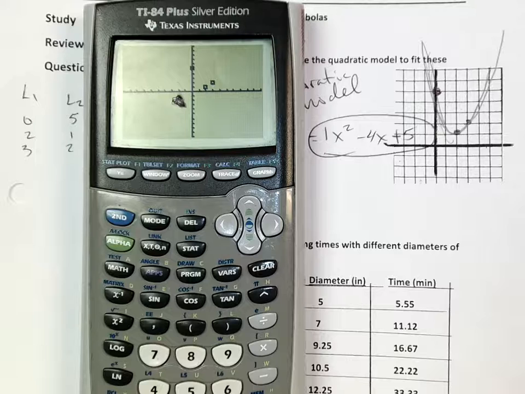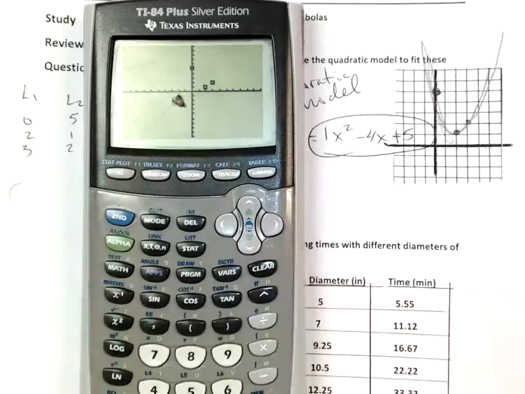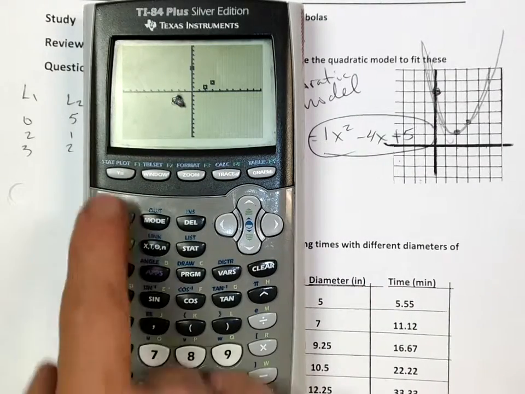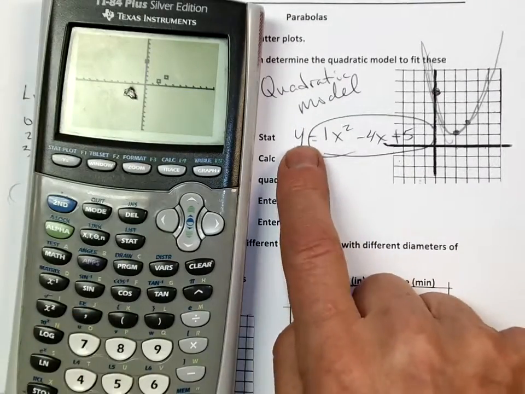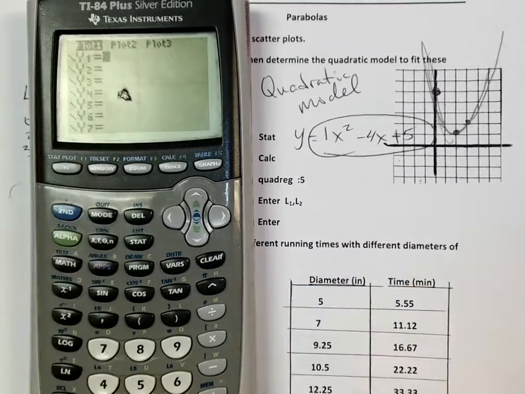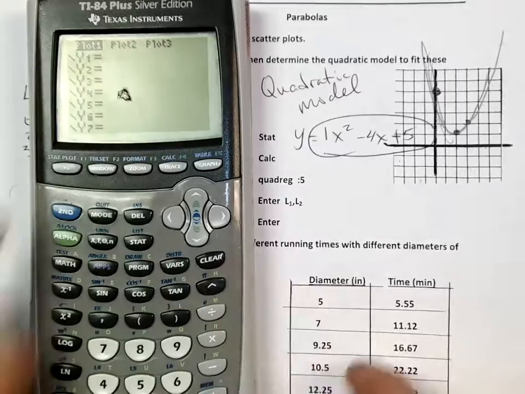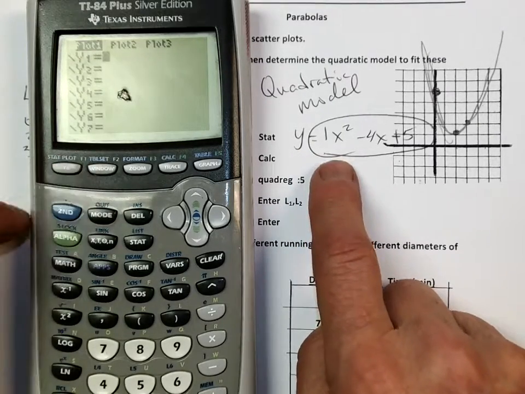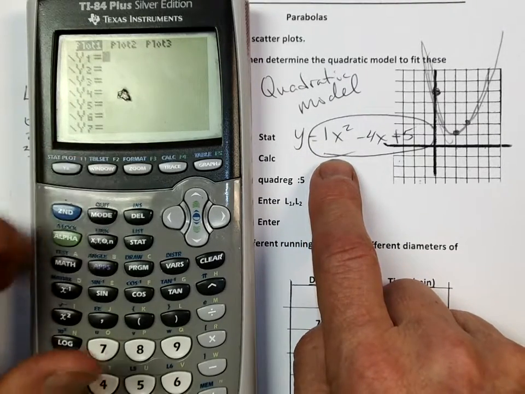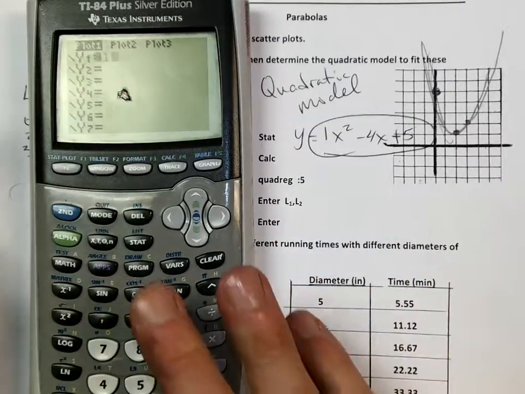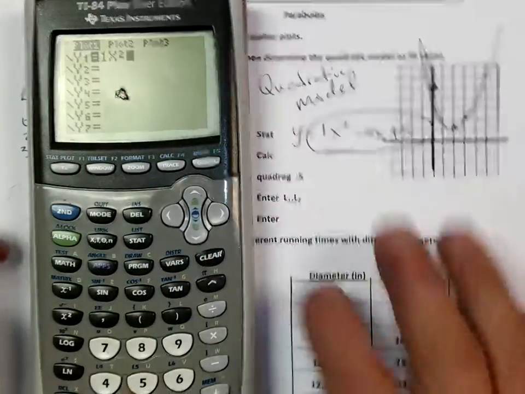Anybody else? Okay, does everybody have 3 points? Before this poor boy falls asleep, anybody else, right? Now, let's do this. Let's draw our parabola into these 3 points. How do you do that? We go to y equals, right? Go to y equals. One more time, go to y equals right there, and let's go 1x squared, x variable,